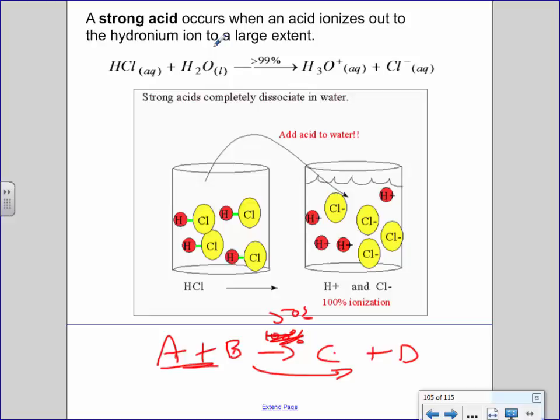I'll say that one more time. Strong things aren't strong because they conduct. Strong things are strong because they always react. They always ionize all the time. And in doing so, because they're always ions, then they conduct. But what I did is I kind of told you a half-truth. I kind of skipped the middle step. So now I'm going to go back and try to fix that middle step.